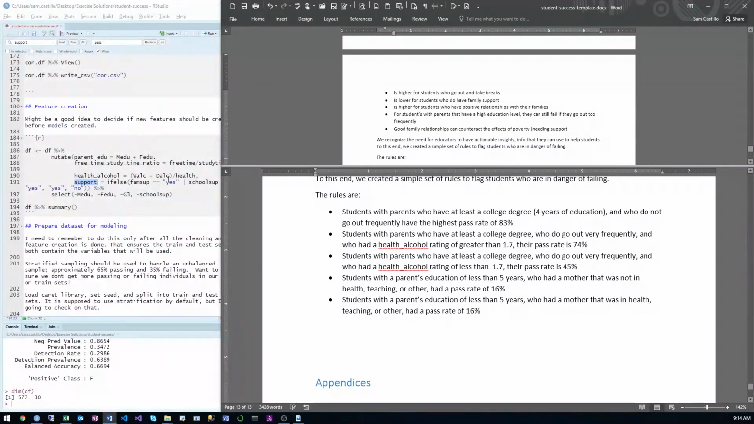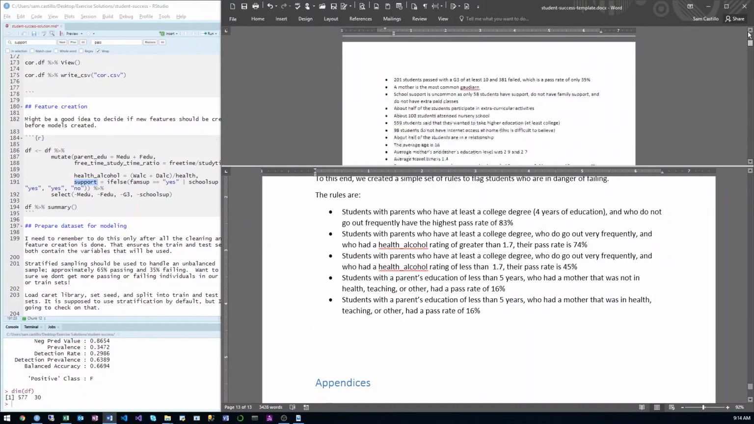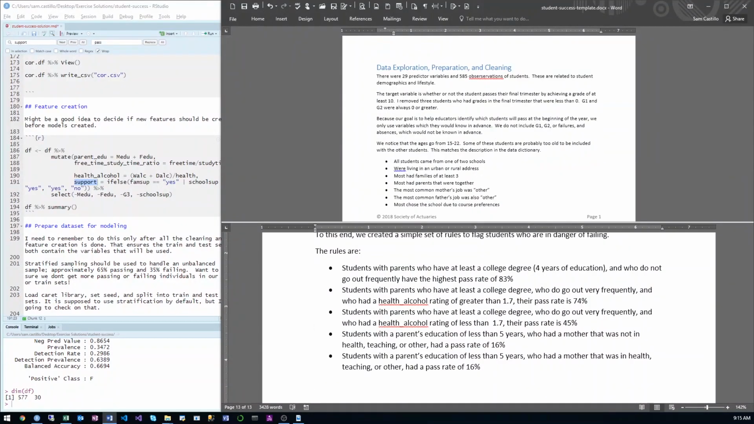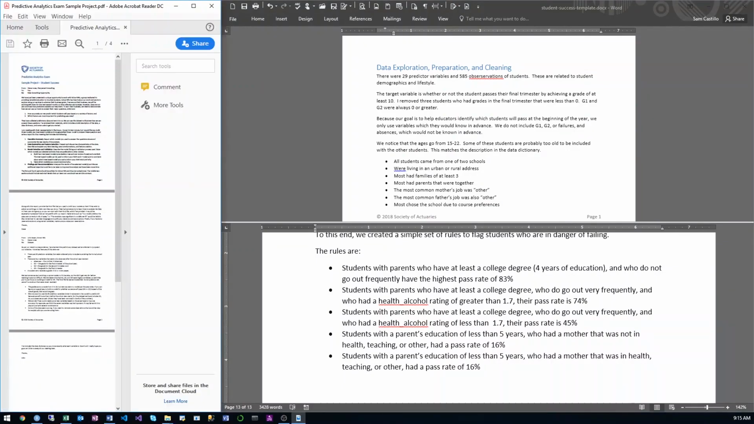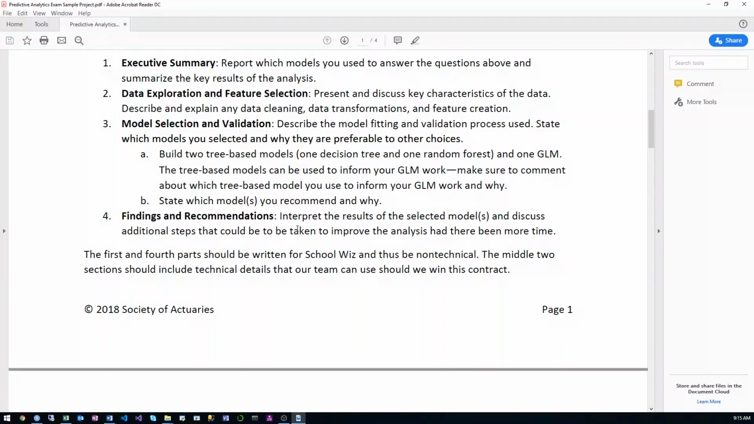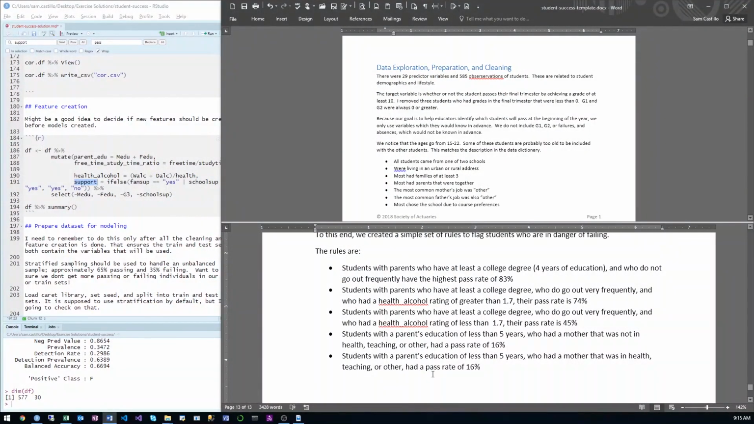The next step is to go through each of the specific tasks. So I just want to try to write as fast as I can and summarize everything that I've done. Actually, let me go back to this product statement and see what they say. Okay, so in this case, they just want you to state your findings and recommendations and interpret the results and discuss additional steps that could be taken to improve the analysis if I had more time. Okay, so I've discussed these results. To improve this analysis,